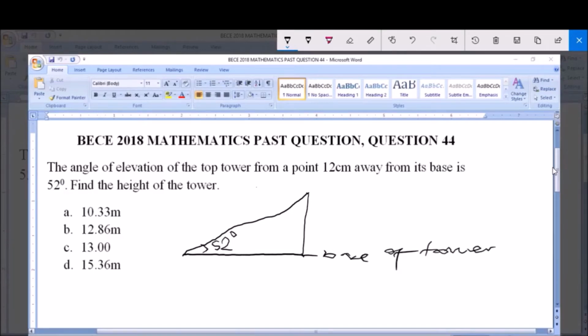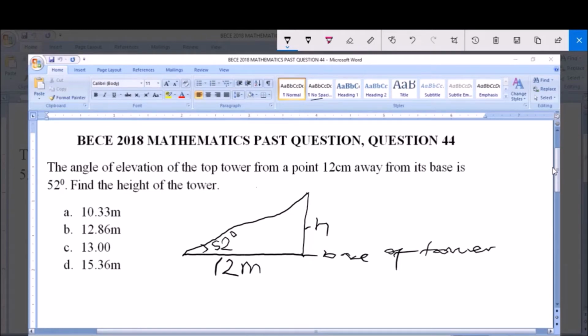And I say the distance from the angle of elevation to the base of the tower is 12 meters. So we have here to be 12 meters. Now this is the height of the tower, which we are asked to find, h. Like we know, this is our angle of elevation. Now applying trigonometry here, we have that